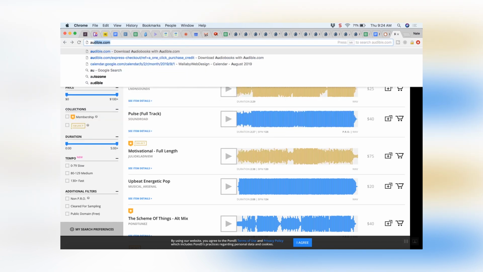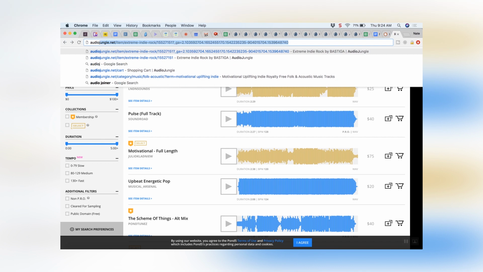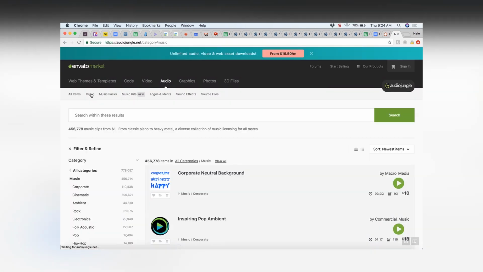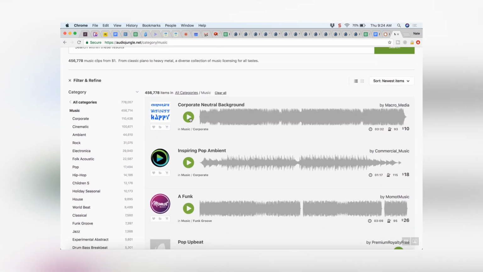If we go to audio. So that was Pond5. Audio Jungle. All right, so we'll just come here to music. Very similar layout as you can see here, but that was pretty lame. Well, that could work for something. But let's do like,